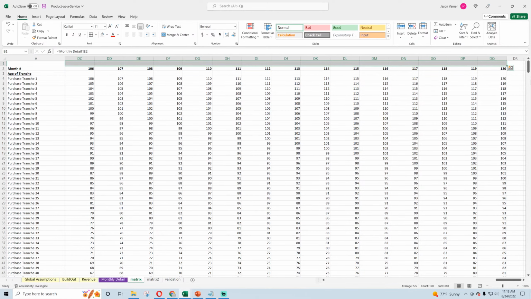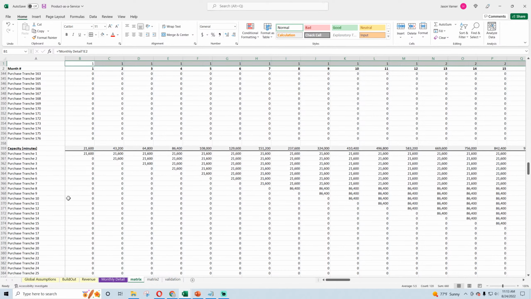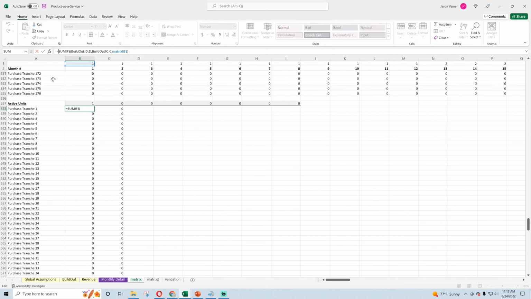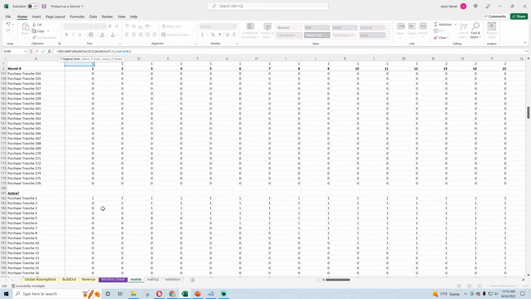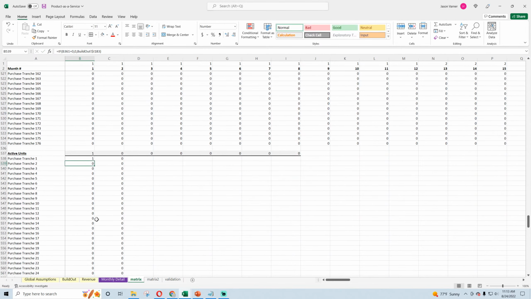Okay. Now, I only want that number if this equals 1, because that's the first month. Otherwise, 0. And then that should give me the total units purchased. Let's see, can we drag this over? Oh, no, we need to lock column D and C on the build out.